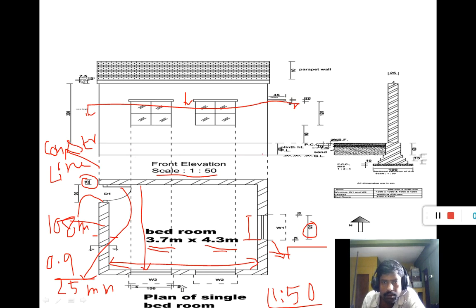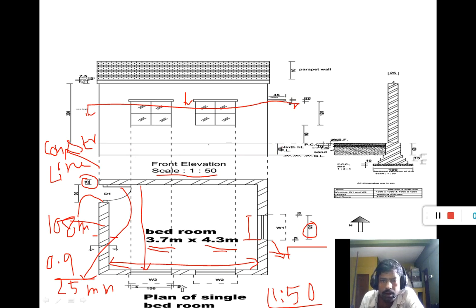Then this height is called plinth height. Plinth height is 600 mm. From ground level to floor level, the height is called plinth height. This plinth height you have to provide.